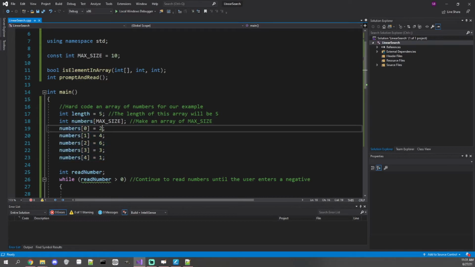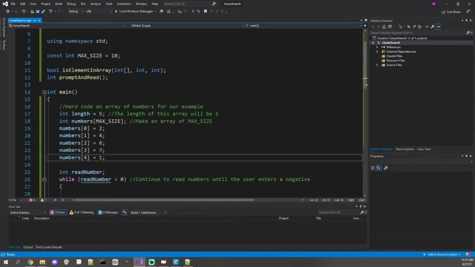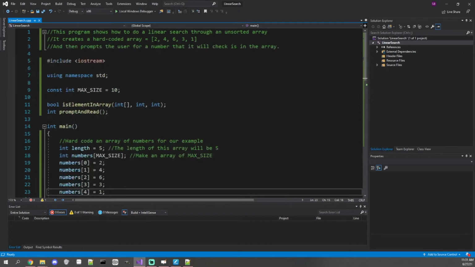And so I just set it to the same numbers that we had in that example. There's a 2 in the 0th slot, a 1 in the 1st slot, a 4 in the 2nd slot, a 6 in the 3rd slot, and a 3 in the 4th slot. And what I want to do is ask the user for a number. So here at the top I have a description for it. Ask the user for a number, and we just want to tell them, is this in the array or is